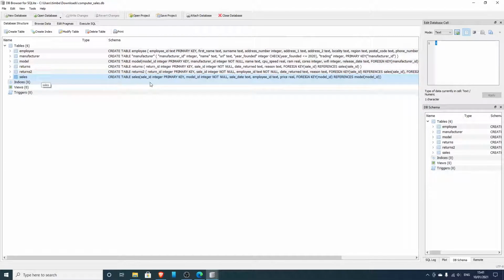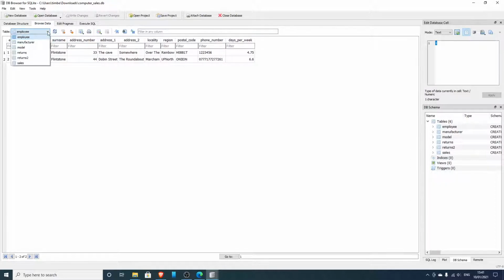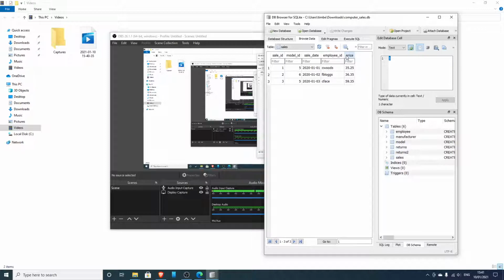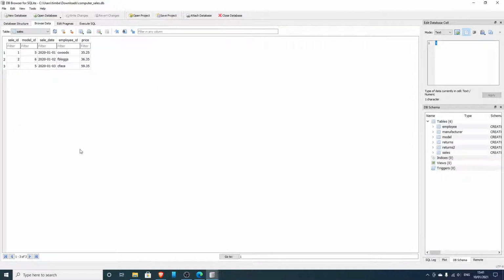I can browse the data in those tables by going to the Browse tab and then selecting the table at the top here. One thing I noticed was that if I was wanting to add new records in and I had this minimized, the Add New Record button disappeared, but it was actually under the little Go To tab there to add a new record in there. But I'm going to make that big. To add a new record, you can click Add New Record,